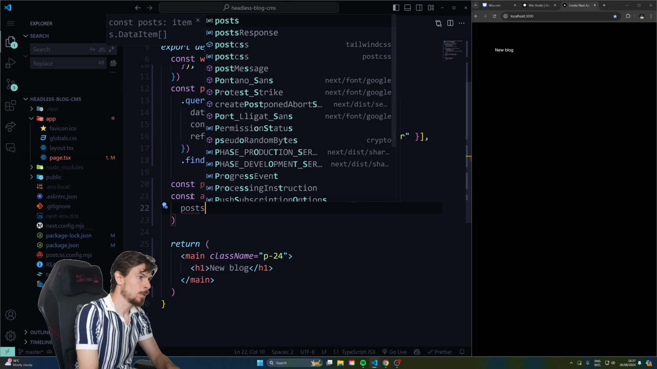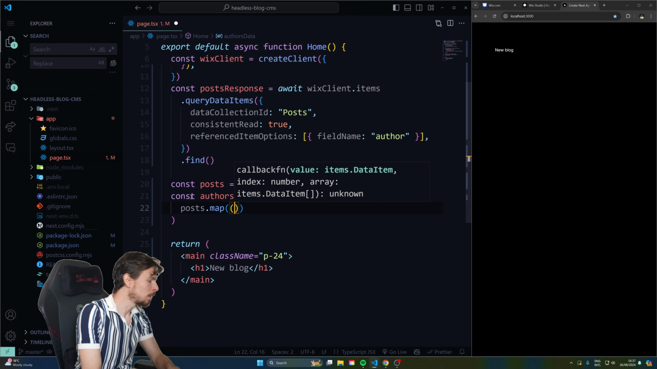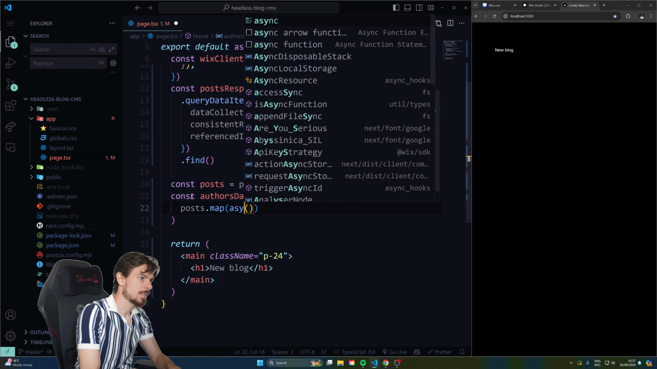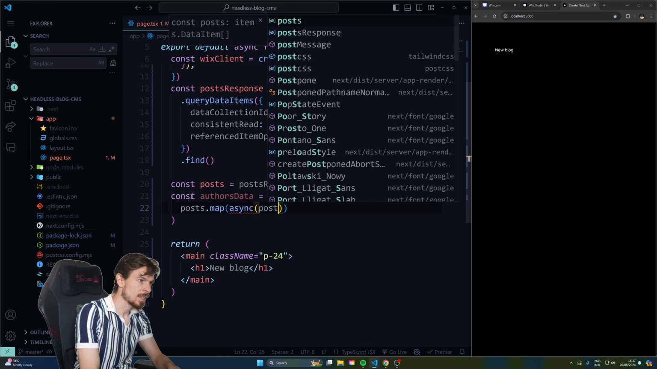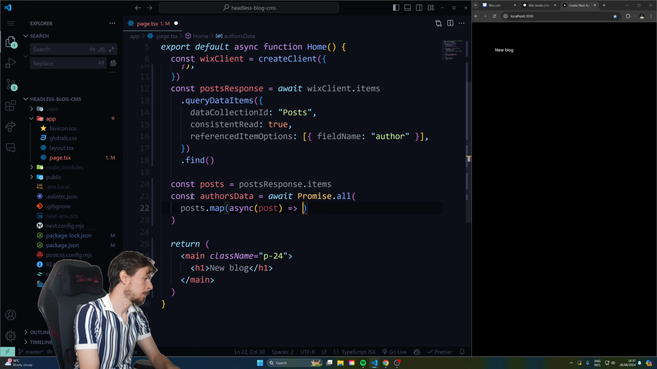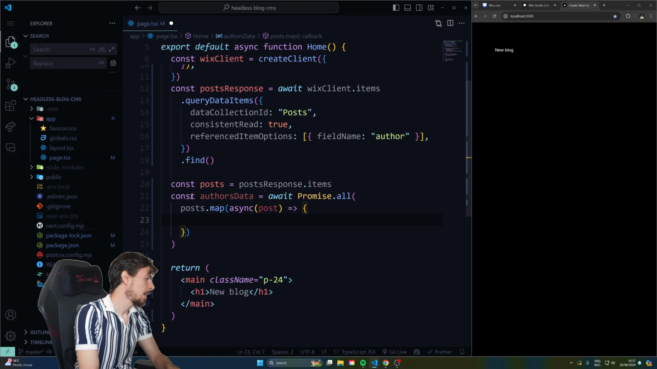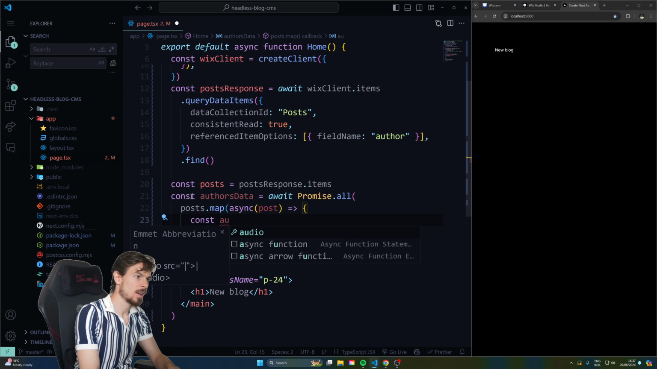And I'm going to say posts.map. So I'm basically looping over them. This is going to be an asynchronous function because it's going to take some time to come back from the network. I'm going to expand this open. And I'm going to say here const offer